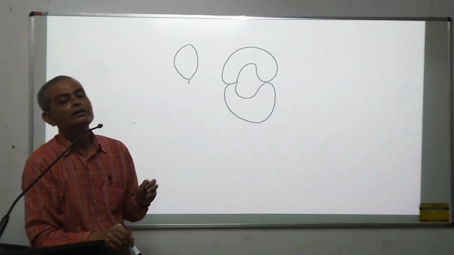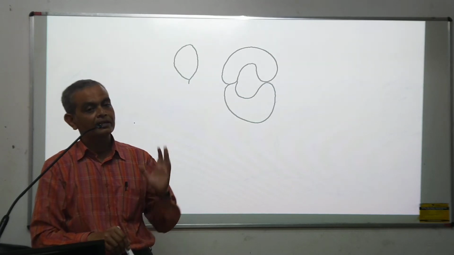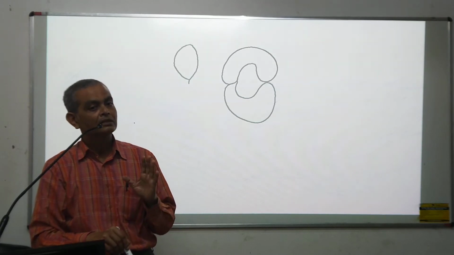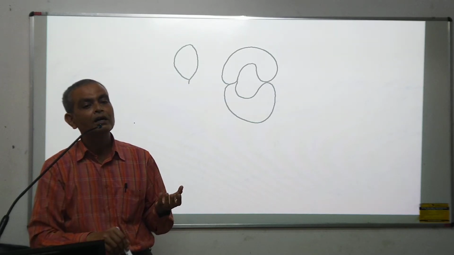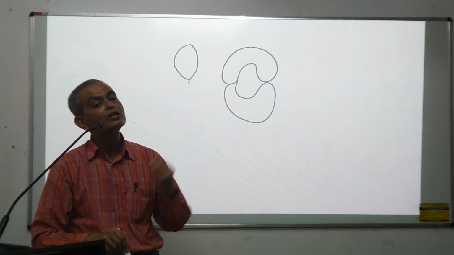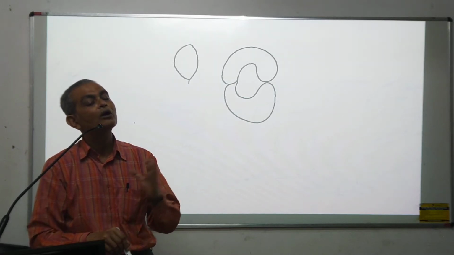Now, these blast cells, we cannot get them in the peripheral circulation, but we will get the normal blast. Now think about the condition in hemolytic anemia. In hemolytic anemia, there is continuous destruction of RBC. So what will the bone marrow try to do? It will try to compensate.